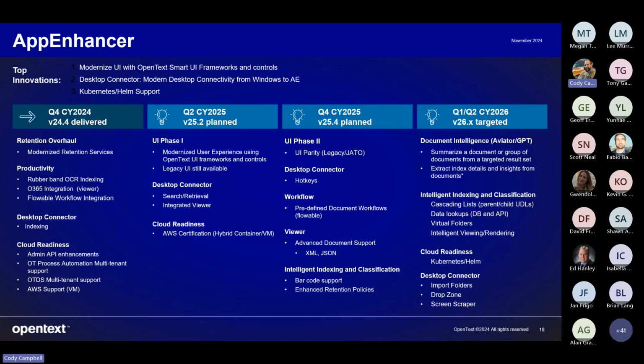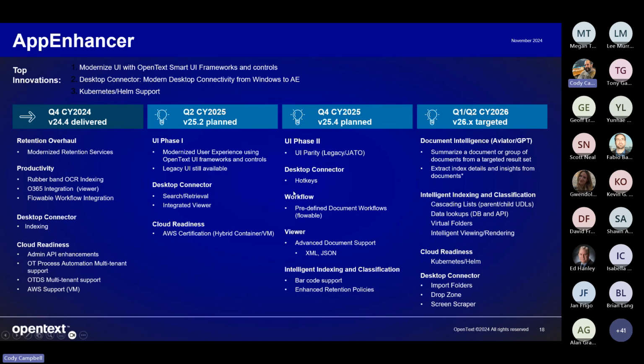So our dev team has done really well at finding a way to have the legacy UI still be there, and then have the JDO UI sit right next to it. So it's up to you guys to figure out which one you want. Most customers will probably stick with what they know. Right now they look a lot the same, so you can probably switch and not really get a much different experience. But as we flesh it out, it will be much different. And so I'm excited to see that, and I think you'll be excited to see what's in that survey, because that'll show you where we're going.